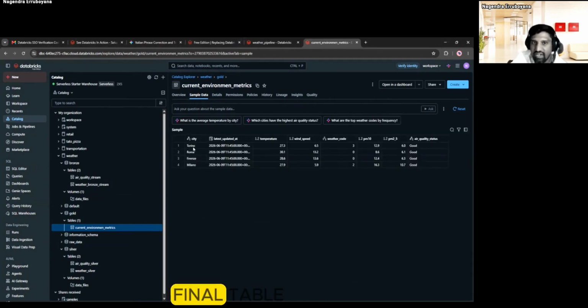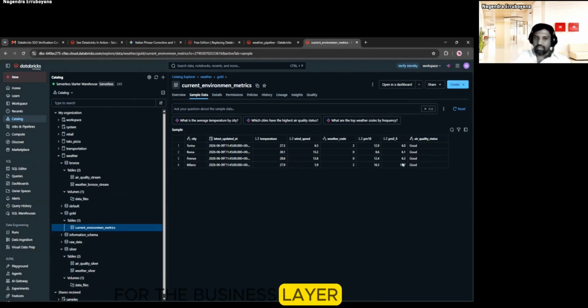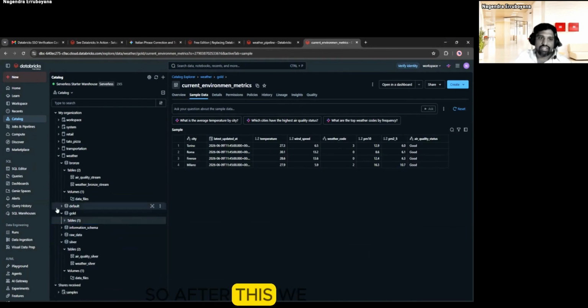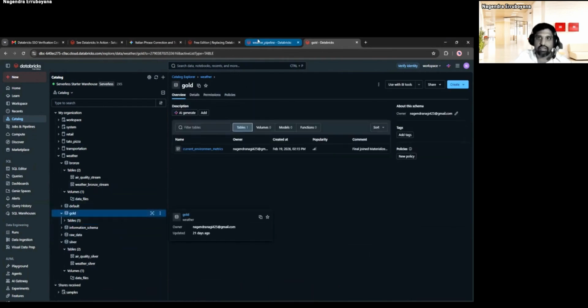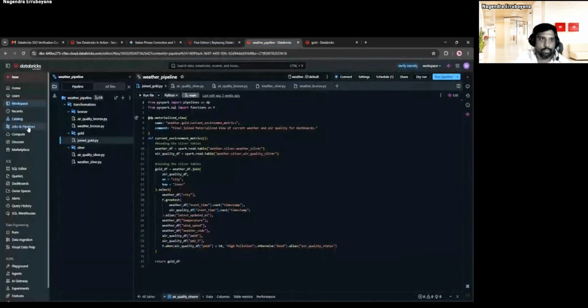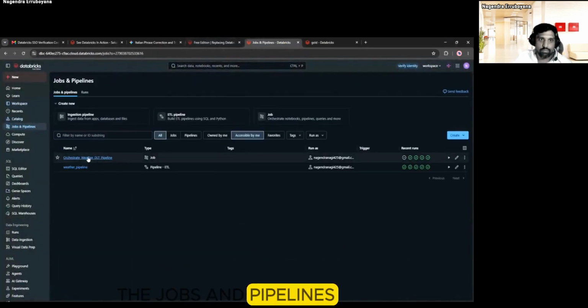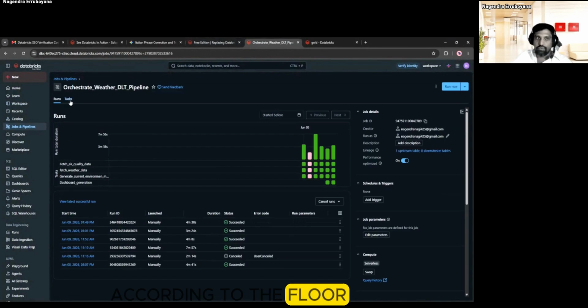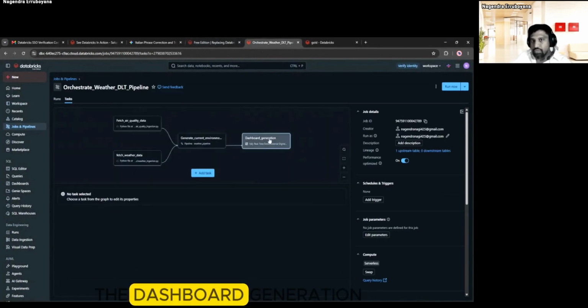So this is the final table comprising the temperature, weather data, the air quality data, and also other required parameters for the business layer. After this, we will be running the jobs and pipelines. According to the flow, we'll end up with a dashboard generation.